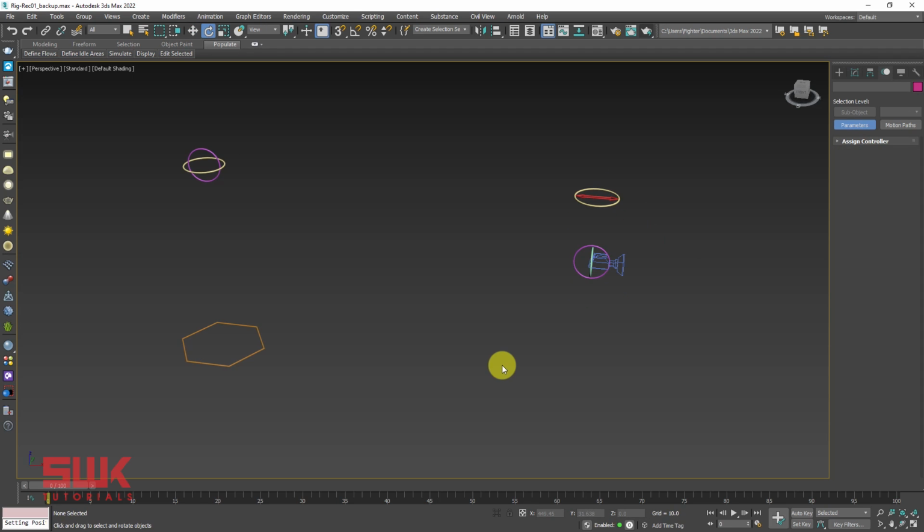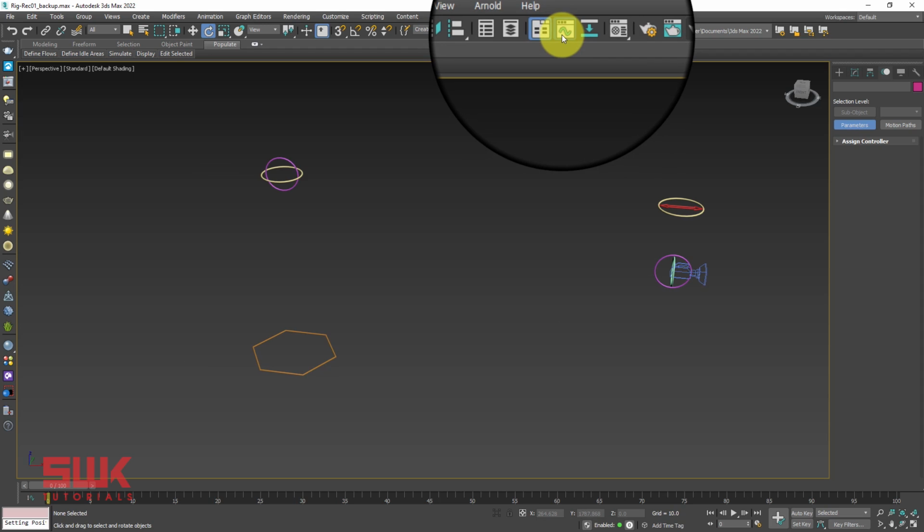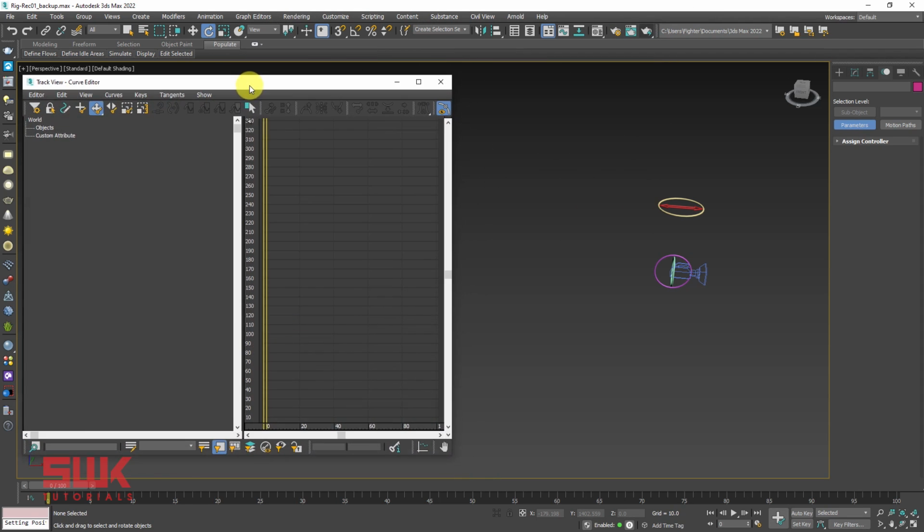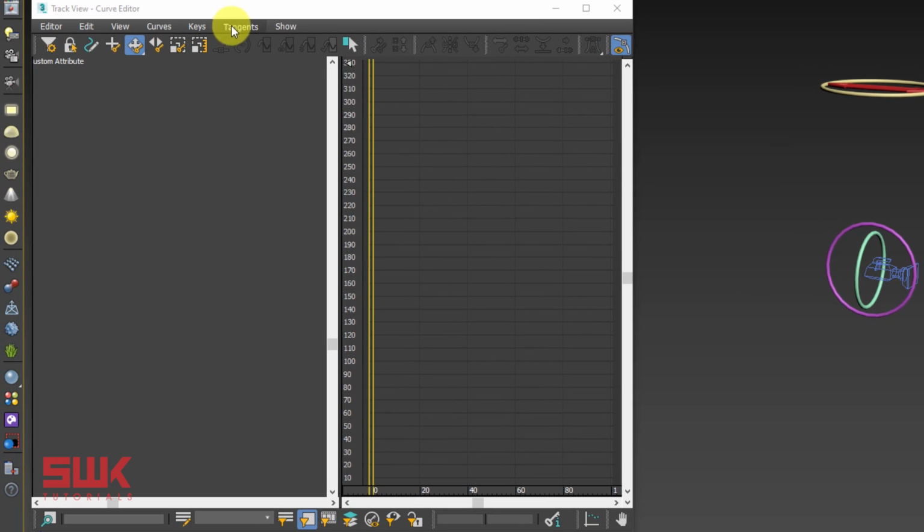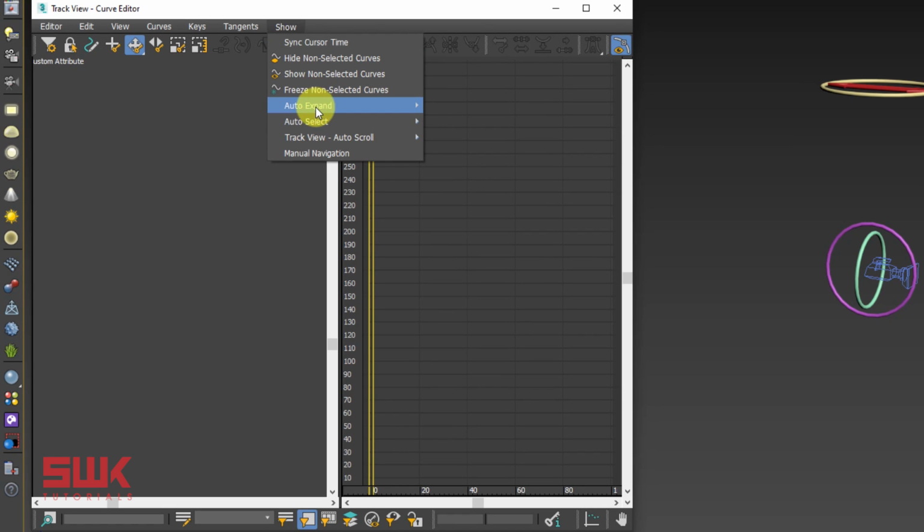Now we have completed the rig, but before animating this rig, it is important to lock extra parameters on this rig so that we don't accidentally move or rotate controllers in the wrong axis. For that, open your curve editor, then go to show, auto expand and make sure transform and XYZ components are checked.